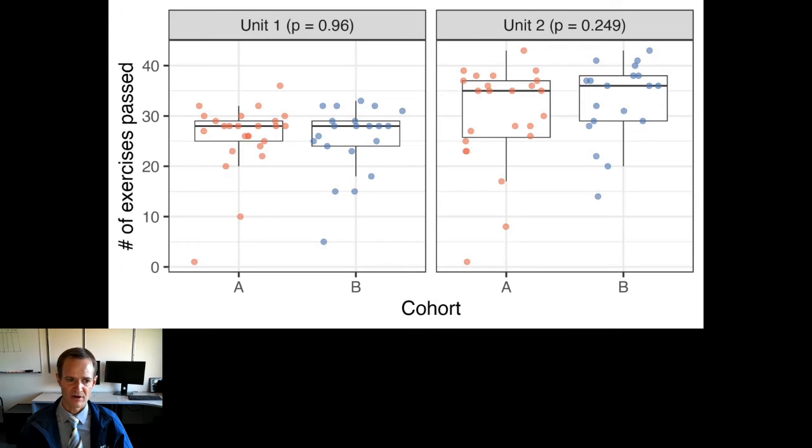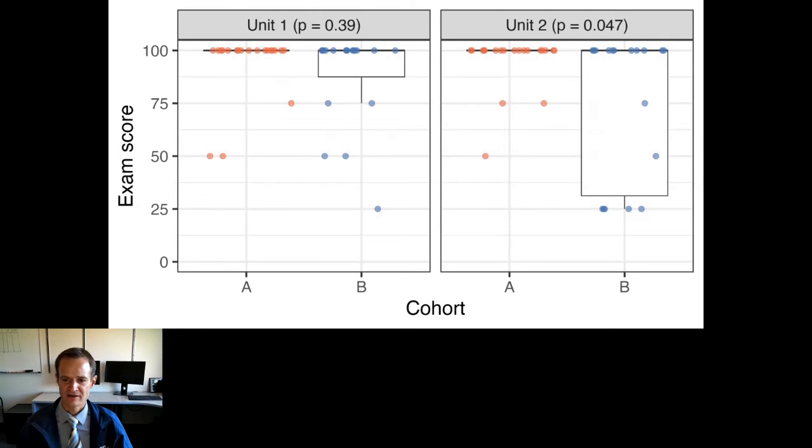Then we looked at the number of exercises that were passed, where they successfully passed all of the tests. And there was no significant difference for either group in the number that were passed. And then kind of the holy grail, or what we hope, is that students will demonstrate mastery better when we make an intervention than when we don't make an intervention. What we found in Unit 1 was that there was no significant difference between the